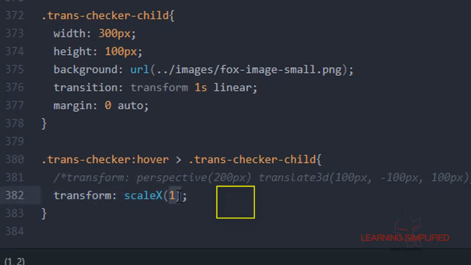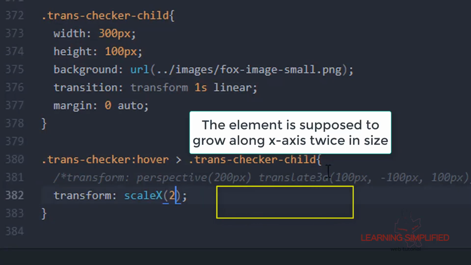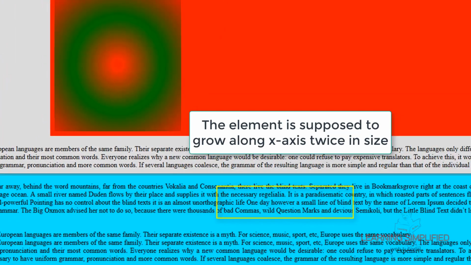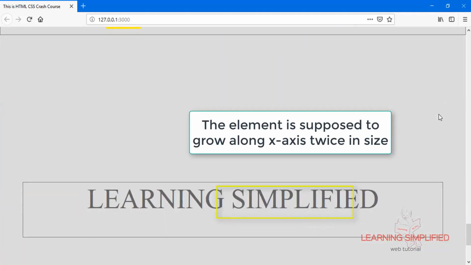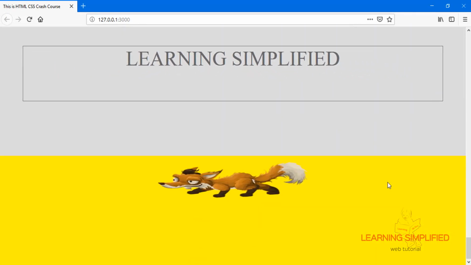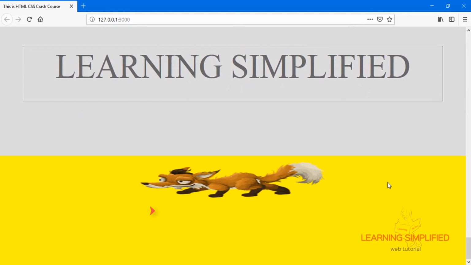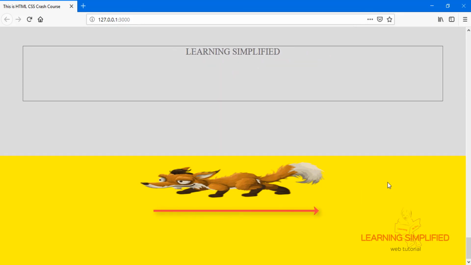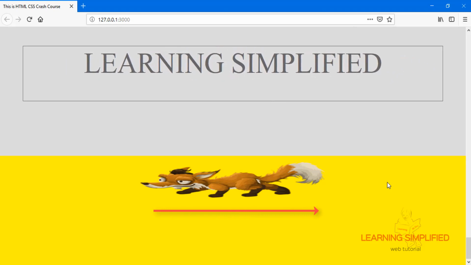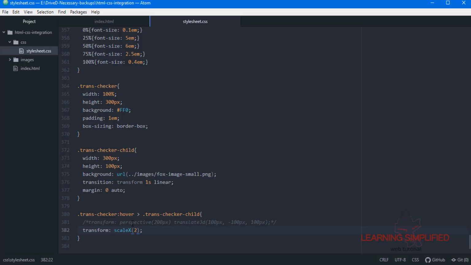Now if we put the value 2 here and get back to our project, and move our cursor over, we can see that the image is growing in size in the x-axis direction.